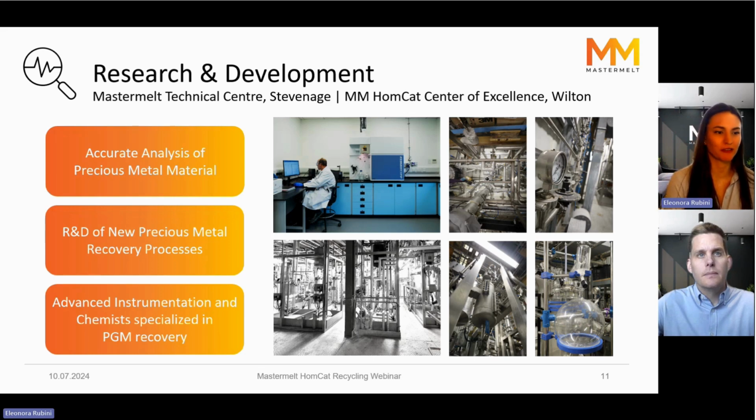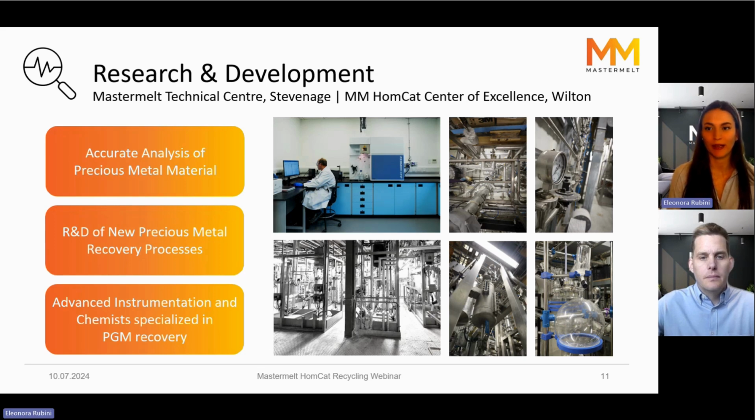That's right. There is a lot of sampling and research on the screening part in the very beginning. And we do have 2 sites in England that are specialized on this research and development. One of which being the Mastermelt Technical Centre, which is in Stevenage, not too far away from London. And the second one being this last expansion I was talking about in the very beginning in the introduction, our Mastermelt HomeCAD Centre of Excellence in Wilton in the north of England, which is specialized in this HomeCAD recovery,